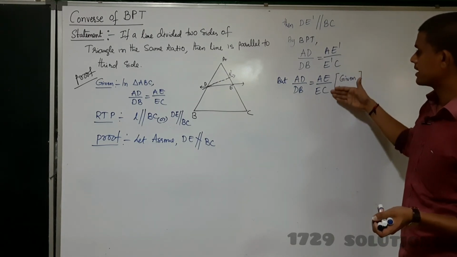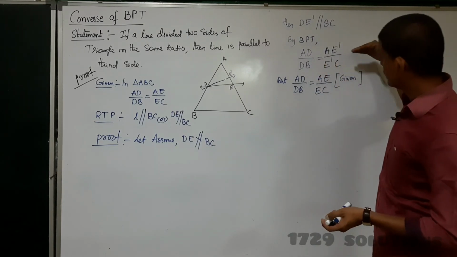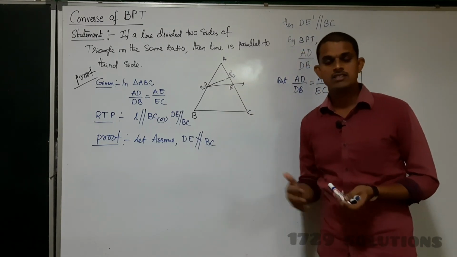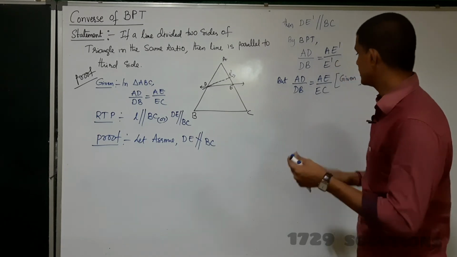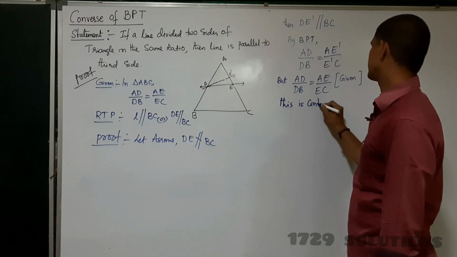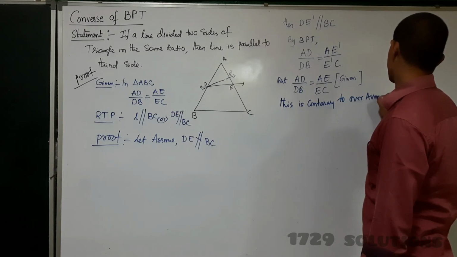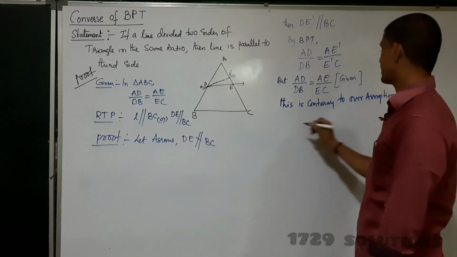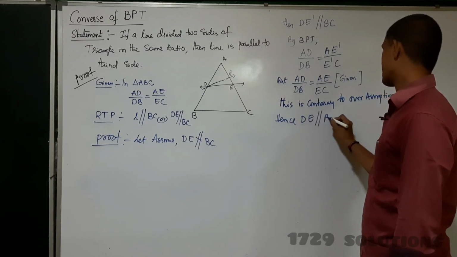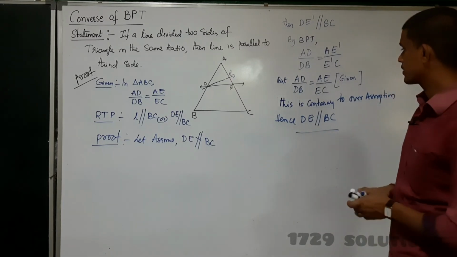Why are we getting this type of contrary? Because we took a wrong statement. Now one more piece of information: when these two are equal, it means that E and E dash must be equal. So we can say that this is contrary to our assumption. So what can you say? Hence we can say that DE is parallel to BC. Simply, this is the proof by contradiction, which is nothing but an indirect proof, and it is very important.